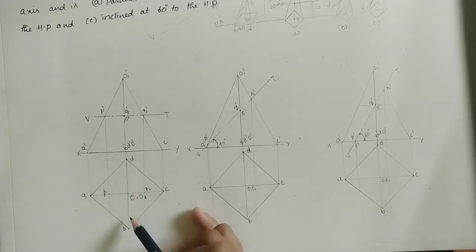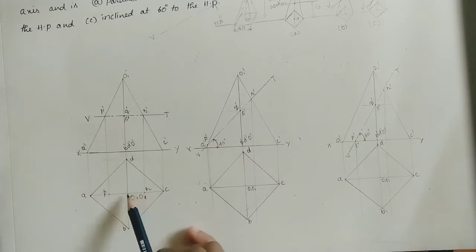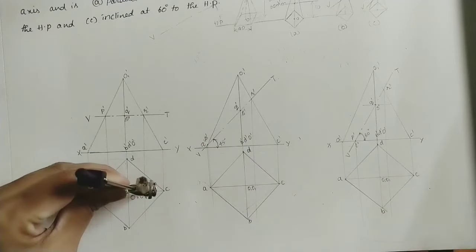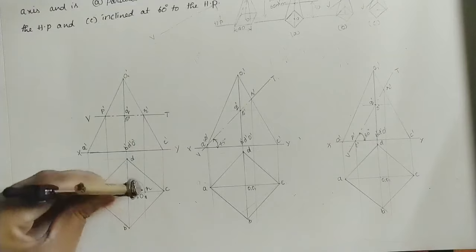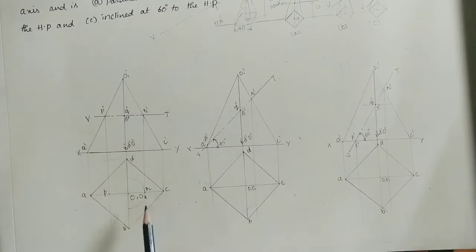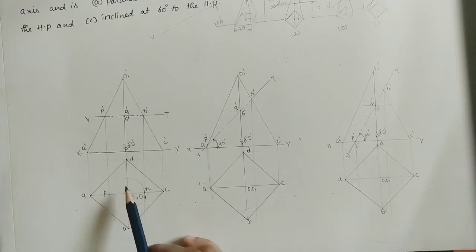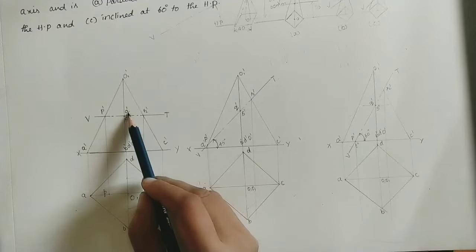So on the same axis line, we can't mark Q and S. That's why take this radius. Now by using the compass, take this radius and just do an arc at both sides of AC. Okay, this side one arc, this side one arc. So here this arc has 2 intersection points with the middle line. Okay, so mark these 2 points here. So here the points are Q and S.